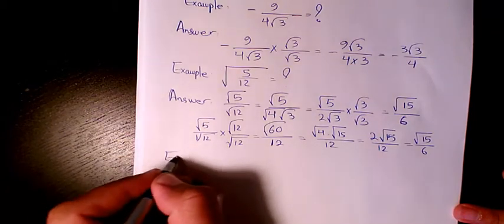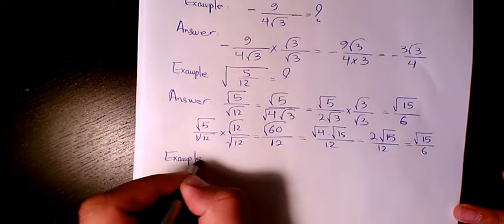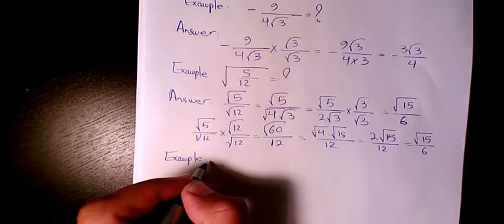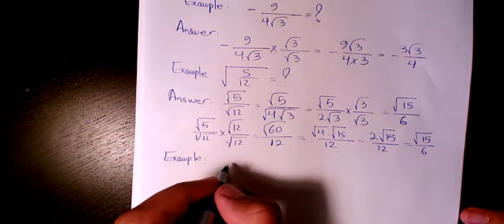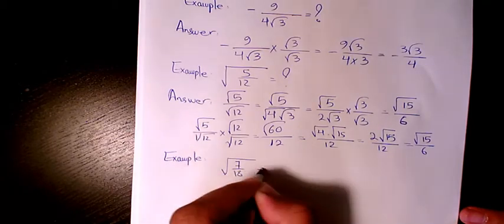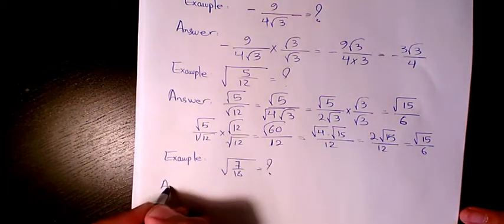Next example. It's going to be root 7 over 18. Answer is